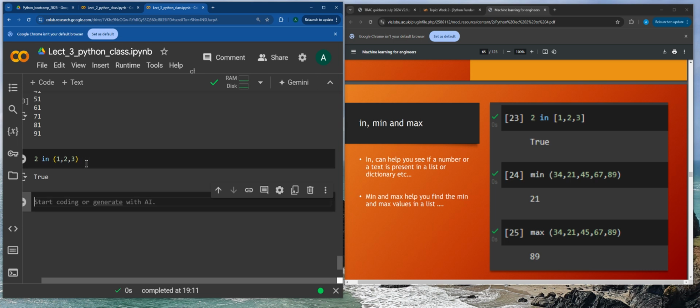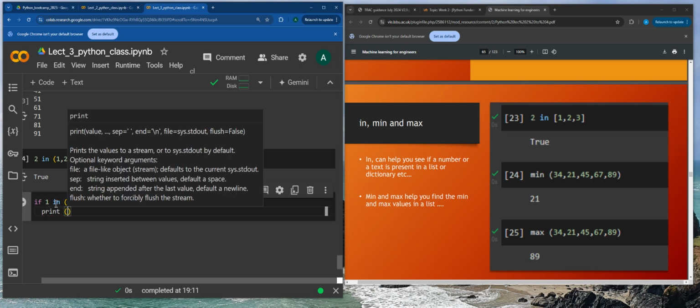If you have a really large list and you quickly want to check if a value is present in a tuple or a list, you use it and it can give you a true or false, or you can use it as a condition for your code to go ahead or not go ahead. So for example, if 2 in 1, 2, 3